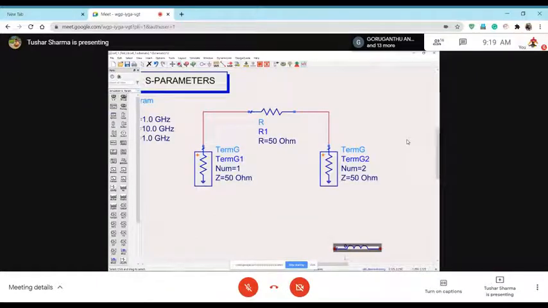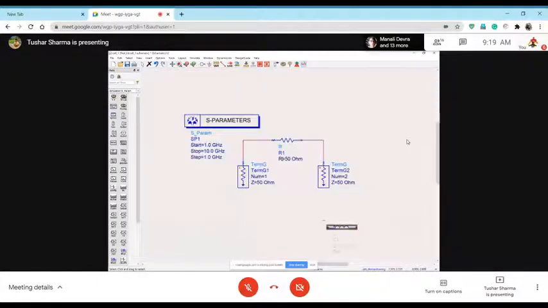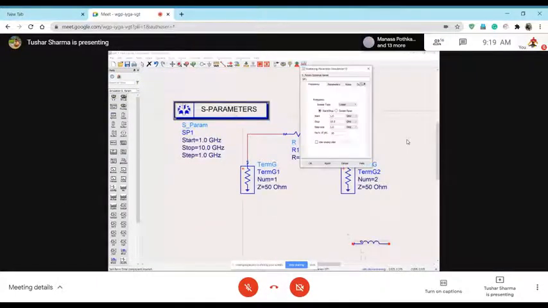That is the signal transmission going from port 1 to port 2, the signal reflecting back at port 1, the signal reflecting at port 2, and the signal coming back from port 2 to port 1. Okay, so you measure S parameters over frequency. I can have it at a single frequency or sweep. For example, say I am sweeping my frequency from 1 gigahertz to 10 gigahertz with a step size of 1 gigahertz, which means I have 10 points.